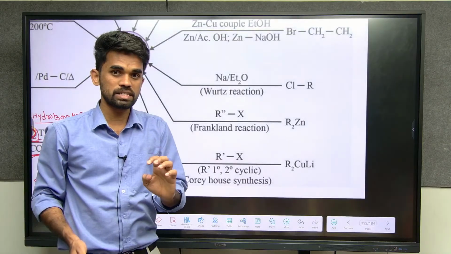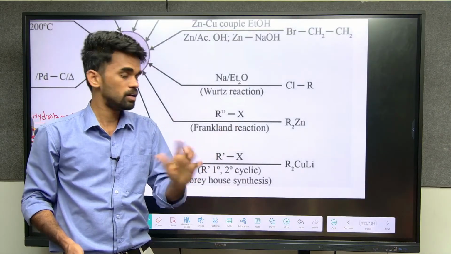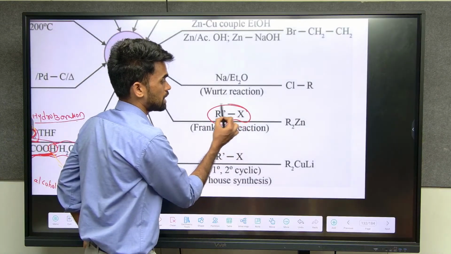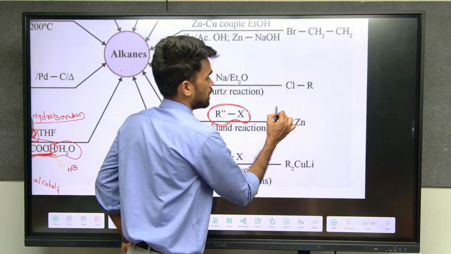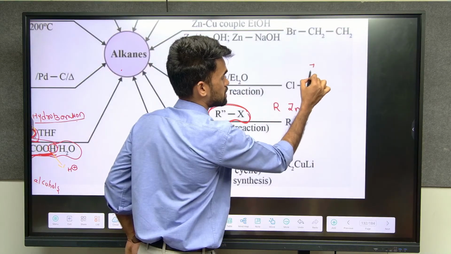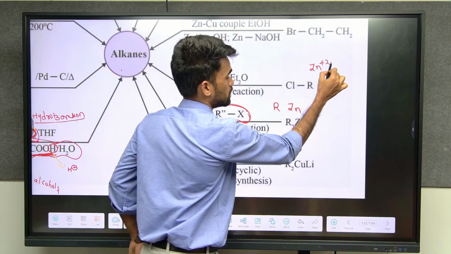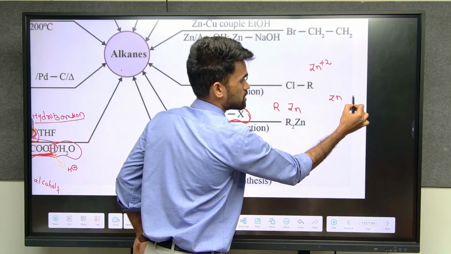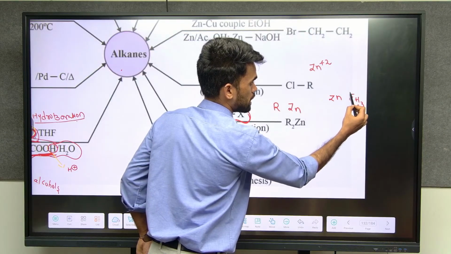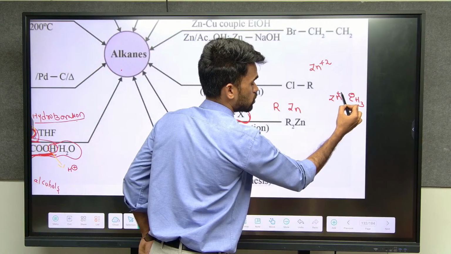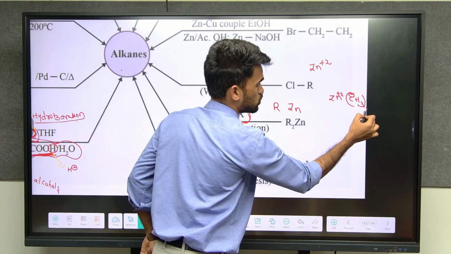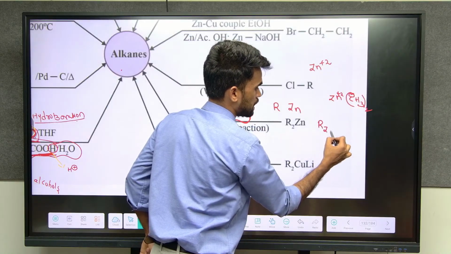Wurtz reaction, you tell me once again. Alkyl halides, same. Alkyl halides with zinc. What is the charge on zinc we have? Plus 2. See, a metal, and carbon is non-metal. So when they are reacting, carbon should get negative charge, zinc will get positive. How much positive? Plus 2. So each carbon minus 1 means this should be 2. So I can say dialkyl zinc like